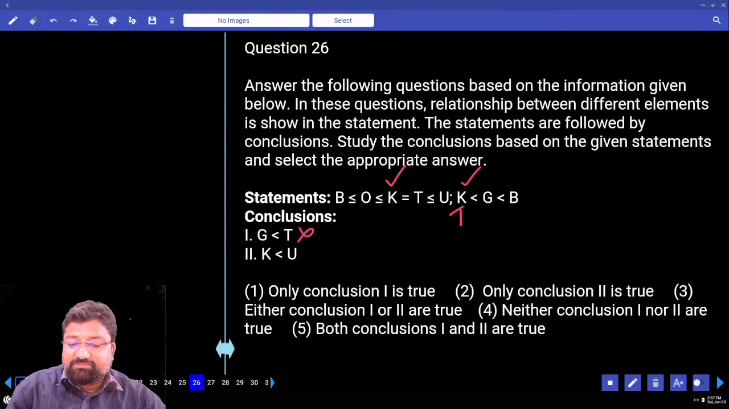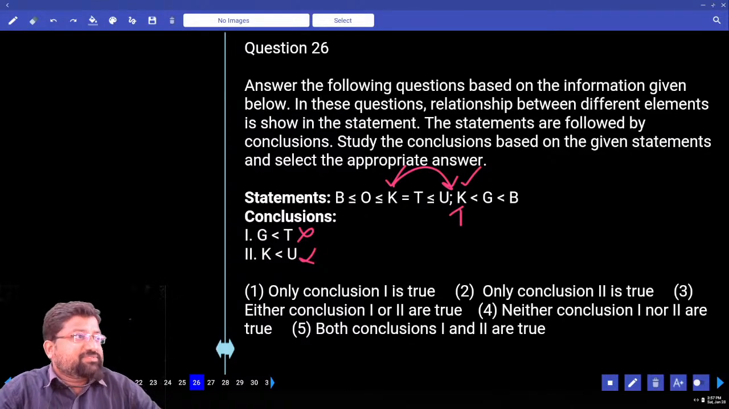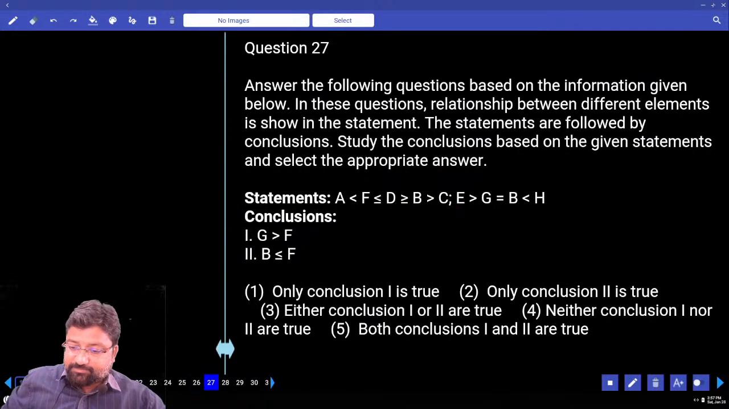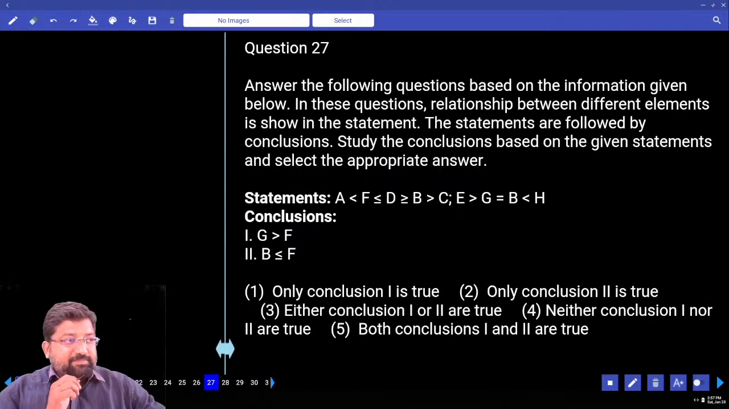K, U, straightforward. K less than U is only a possibility. Possibilities, neither true nor false. What's the answer? Neither one nor two. Next,